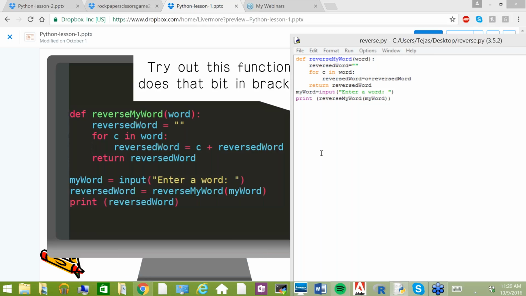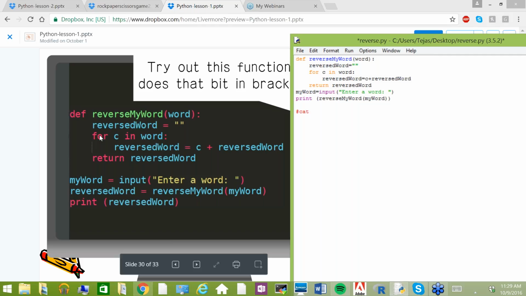Yes, Tat. I don't understand how the for loop works. Okay, so when you say for C in word, it just divides the word up into letters and iterates through it. So if the word is cat, then C is equal to C, and then C is equal to A, and C is equal to T, and then it does whatever is inside the body of the for loop. So a simple example could be